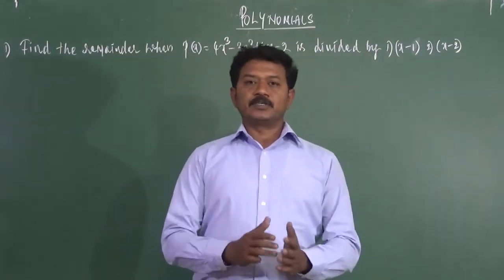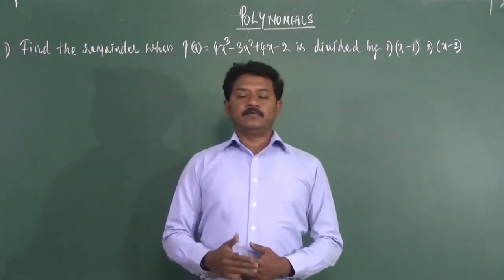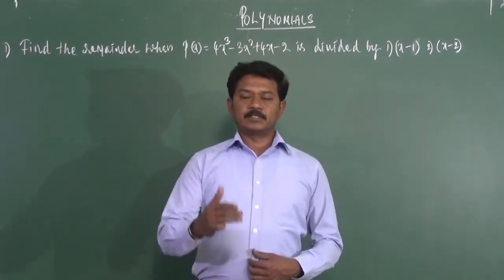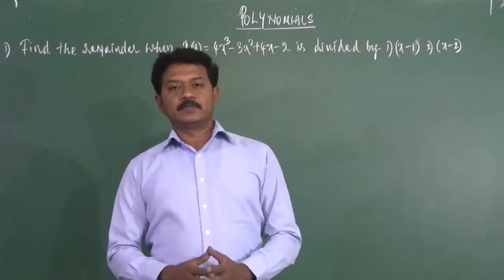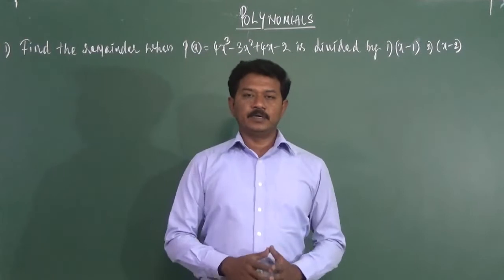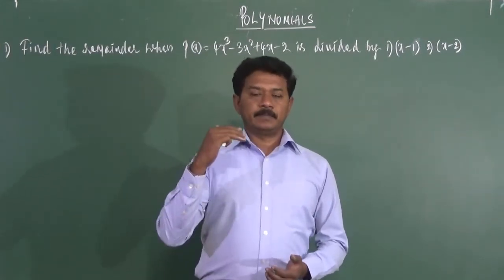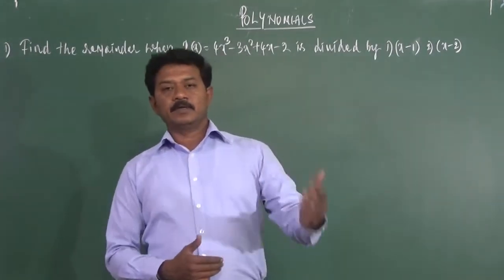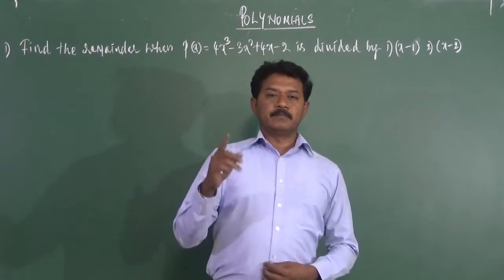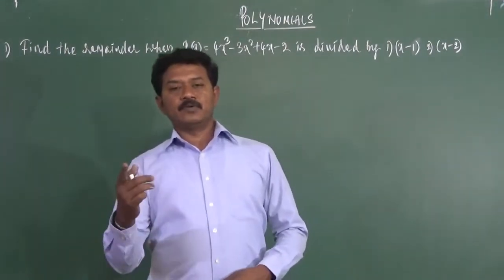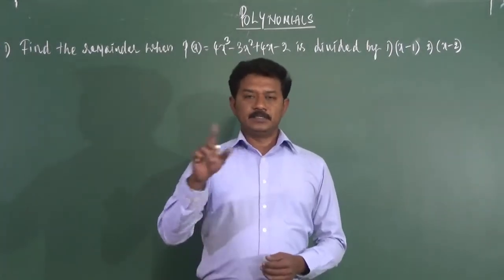So in the previous session of 9th standard mathematics, we had solved a very important concept on the remainder theorem. It was nicely proved. We discussed how, when a polynomial is divided by a linear polynomial, the remainder will be obtained by substituting the zero of the divisor, that is g of x,